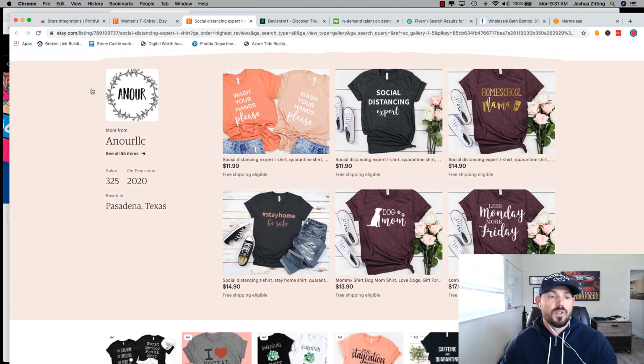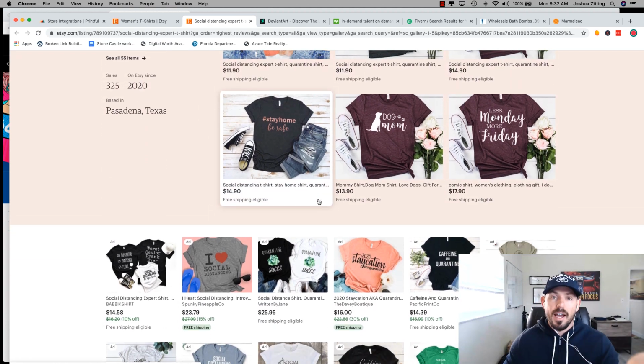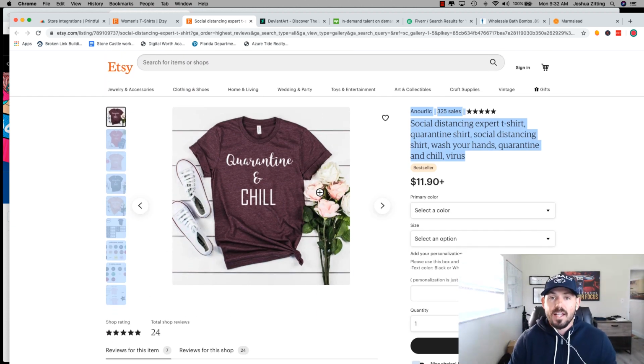And then you can also look at this store and see what else is on their storefront. So obviously, wash your hands, please. That could be another really popular shirt right there. Social distancing expert. So they're pushing out trending items, right? That's a big thing about what's actually working on Etsy currently, is that if you can just tap into